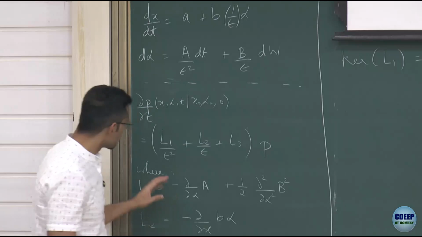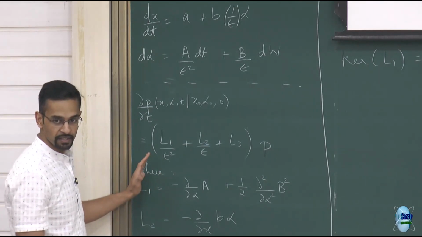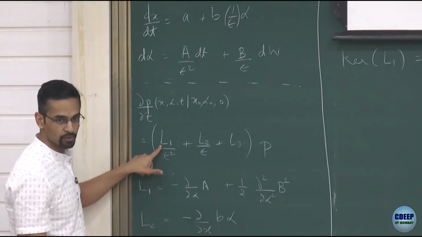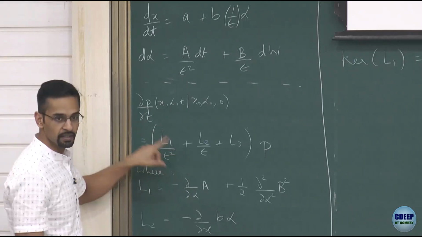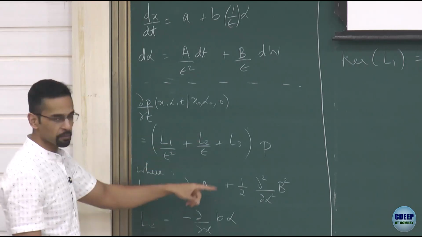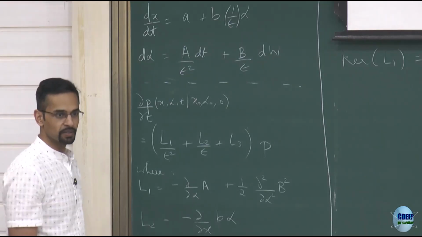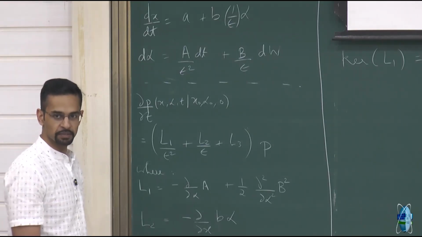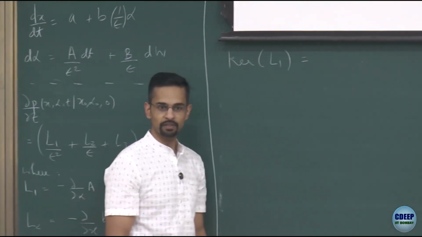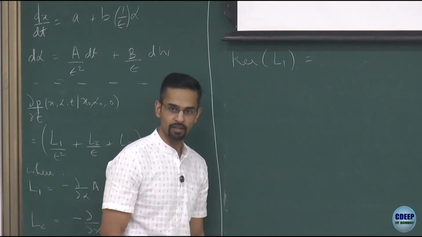Now what we want to do immediately, once we recognize the singular nature of the problem, either in the fast time scale, realizing that as epsilon goes to 0 you will get dp dt equal to L1 p, and L1 has a null space, or if I just multiply throughout by epsilon square and set it to 0, I'll find L1 p equal to 0, which has a non-trivial solution only if L1 has a null space. Either way, we recognize that we need to find the null space of L1, and that will form the coordinate for a center manifold reduction, or a Lyapunov-Schmidt reduction.